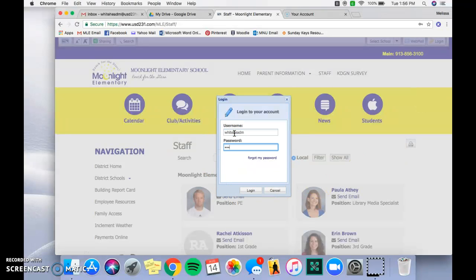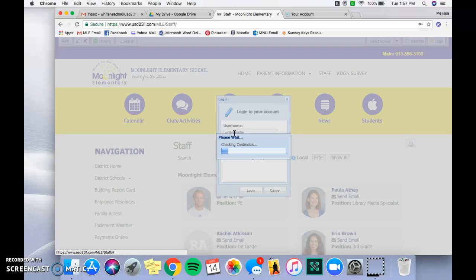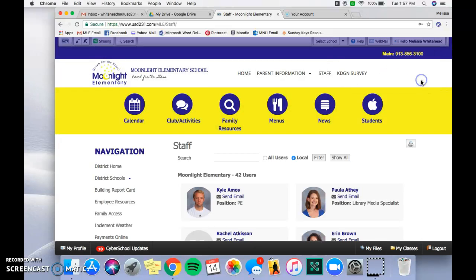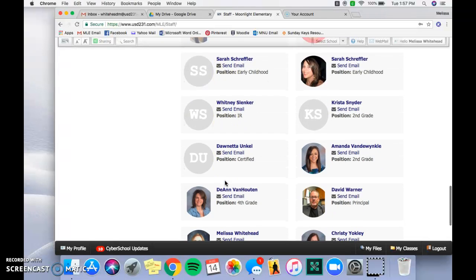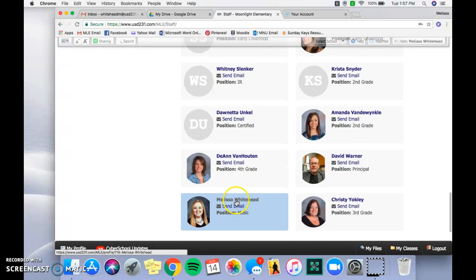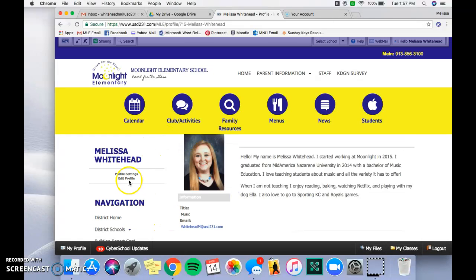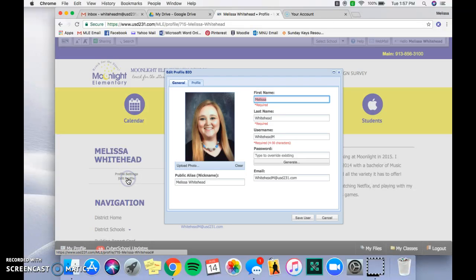So mine's Whitehead M, and then put whatever your password is for when you sign into your computer, and then log in. Then when I go to my name, wherever it is, there. Right over here I can click edit profile, and on this page I can upload a picture if I wanted to,